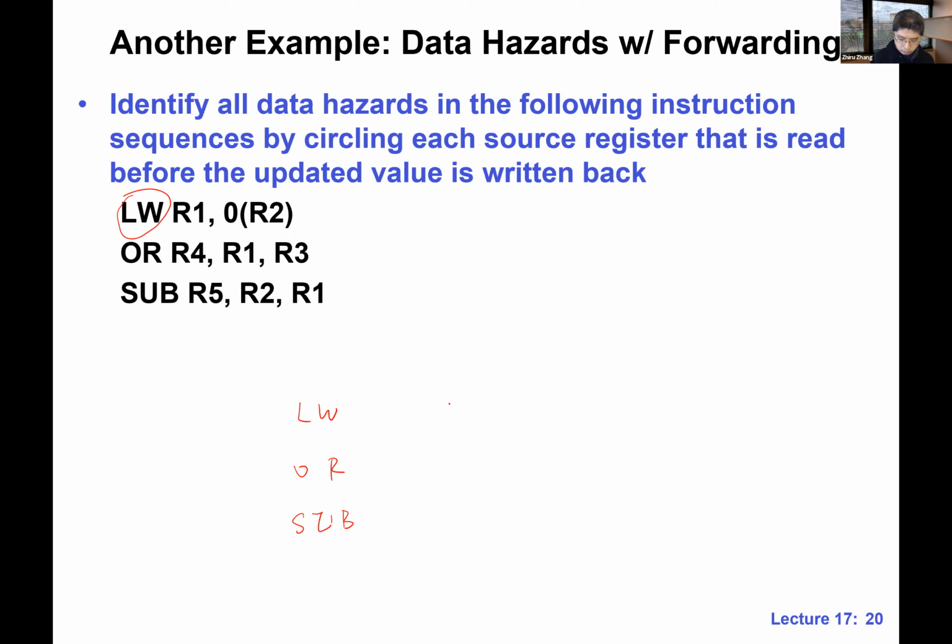LW, the load word, we can start with fetch, and then decode, then execute, mem, and write back. Next instruction, same thing. And the third instruction, same thing. So let's look at, do we have a hazard or not? First, without forwarding, do we have a hazard? Yes. We need to worry about this R1 for OR,